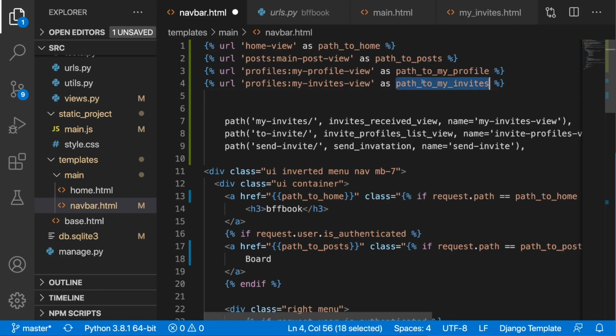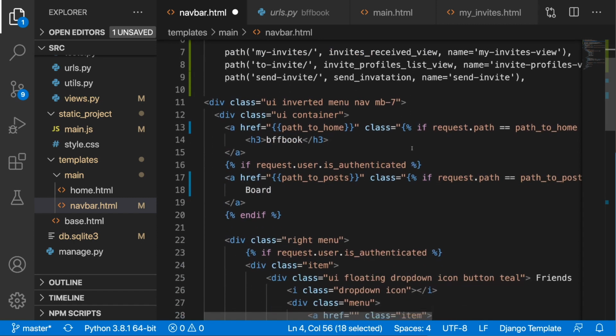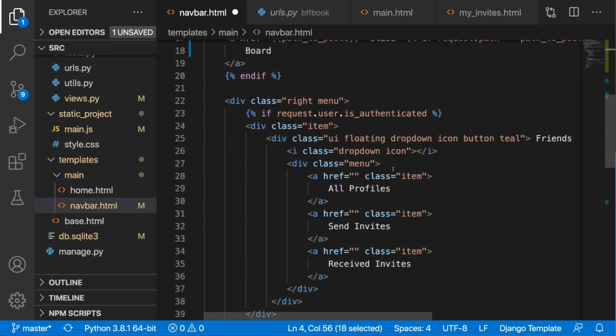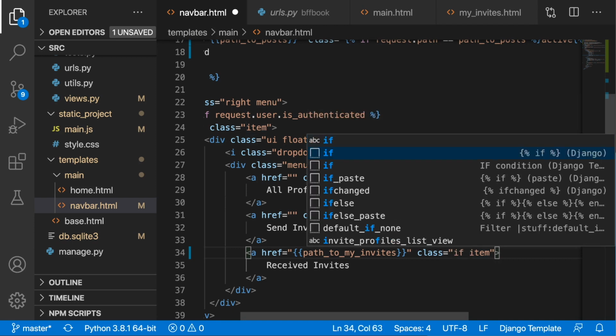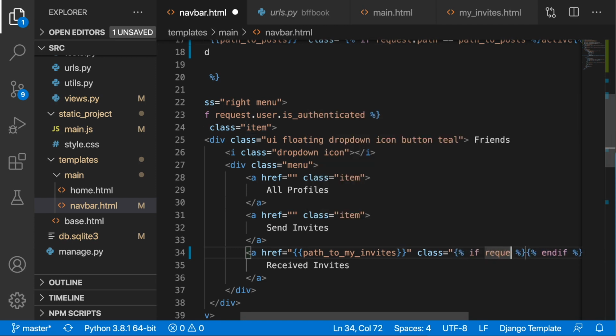Okay, I'm going to copy this and use it over here. So again, path to my invites, and then if request path is equal to path to my invites,